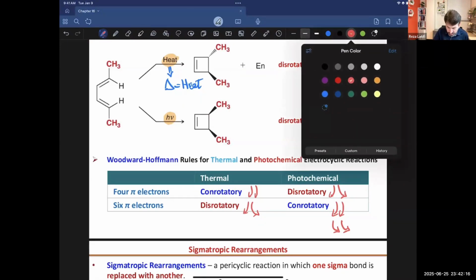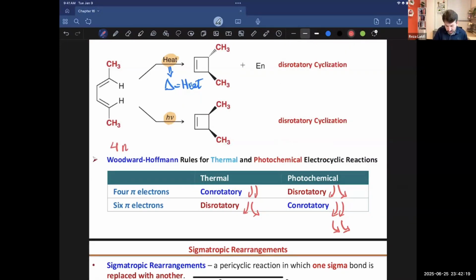And you can go with these two formulas. You can use 4n for 4 pi electrons, or you can use 4n plus 2 to predict how many pi electrons you are dealing with. Just put n as 1, 2, and go on and see how many pi electrons you get. If you get 6, then you're dealing with 6 pi electrons. Or for example, if you get 10 electrons, then this is the pathway that you have to follow. In case of thermal, it will be disrotatory, and if you're dealing with photochemical, it will be